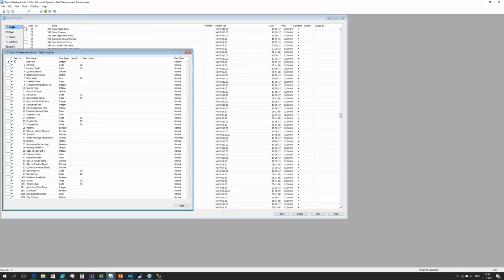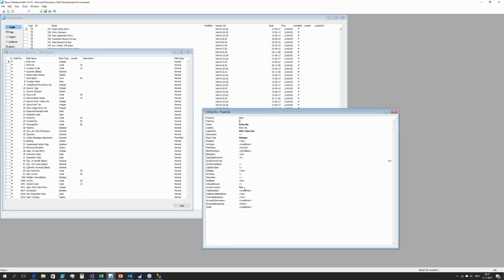Reservations work by the fact that we have auto increment set to yes, which enables identity insert. And I don't have to do a Locktable and a find last. I don't have to isolate every transaction. And this is good because reservation entries are created during the order entry process, right? The reservation entries are designed to be deleted when the reservation entry is no longer needed, which is when we